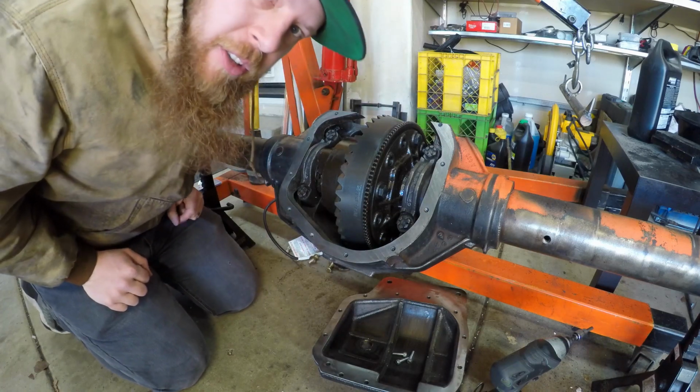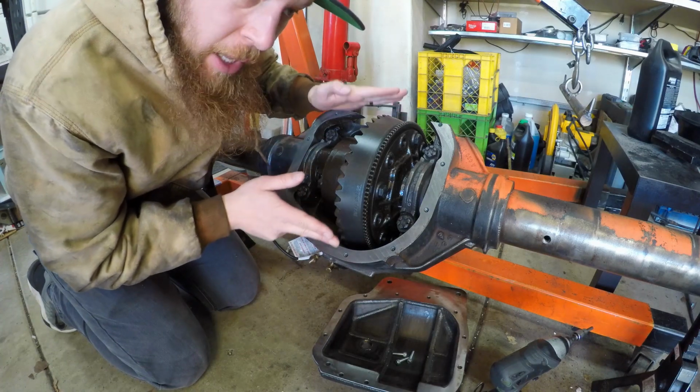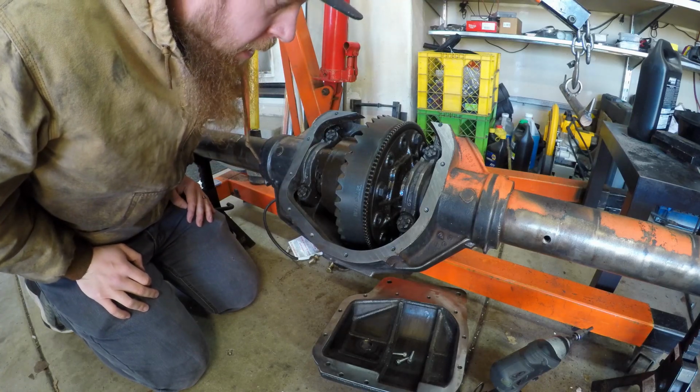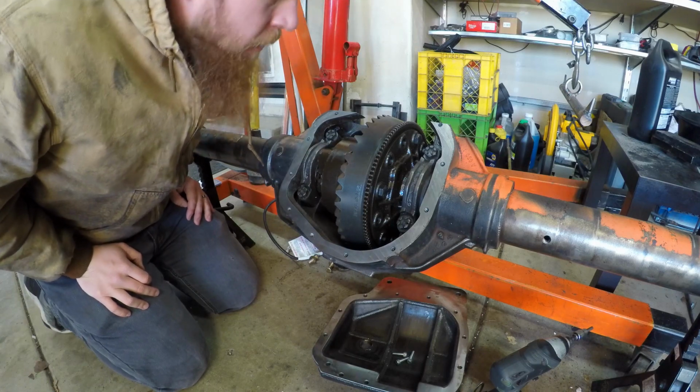But I've reread the instructions, and the deal is we want the outside diameter of this ring gear to be 10 inches plus or minus 10 thou. And I don't have a way to measure that right now. I was supposed to borrow some calipers from work, but I didn't. So I'm going to machine it